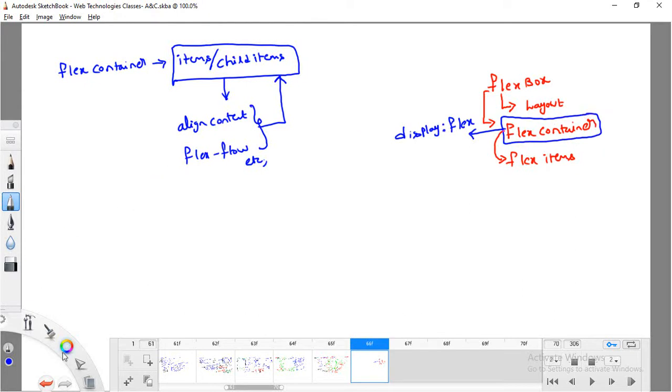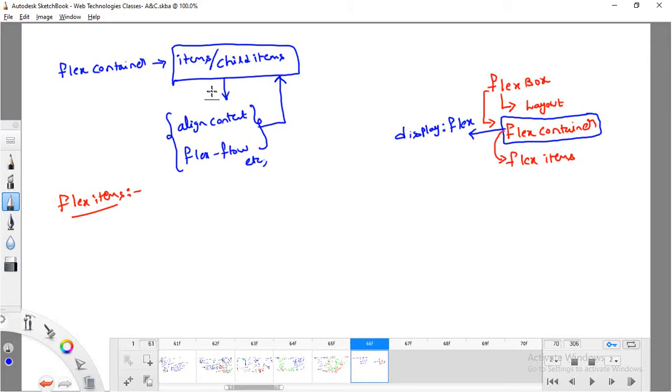Okay, fine. Now we'll see one more technical term, flex items. I hope you understood already: a flex item is a child item which is present inside the flex container. So what is the use of this flex items discussion? If you apply properties with the help of flex container properties, those properties are applicable to all the child items.